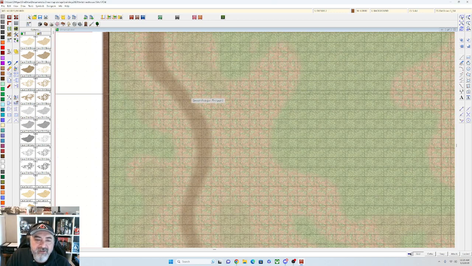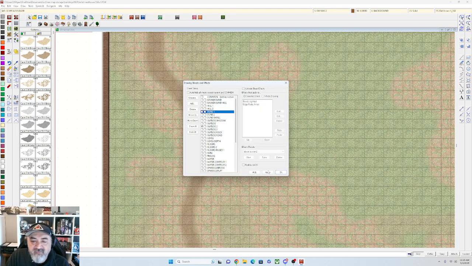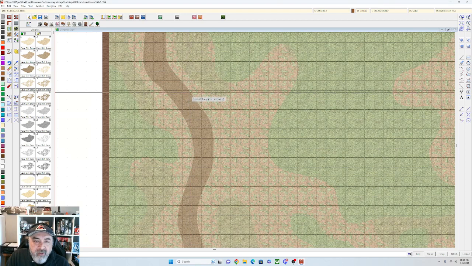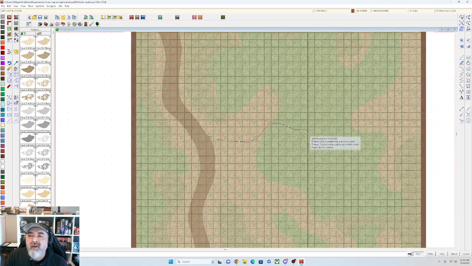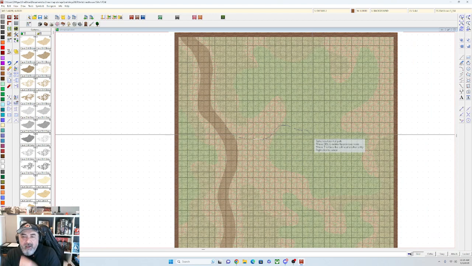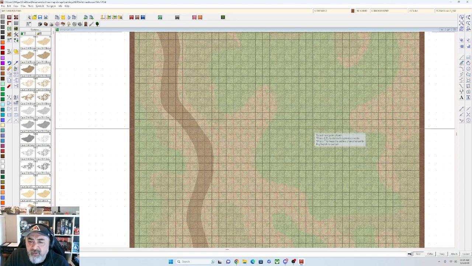Dirt brown 5. Let's go ahead, and we've determined that we're okay with the shape of this area. So we're going to go off to our road, start kind of in, and you can then kind of sweep it up to here. Now, we're going to want a courtyard. Yeah, we're going to want a courtyard. So we're going to go ahead and draw